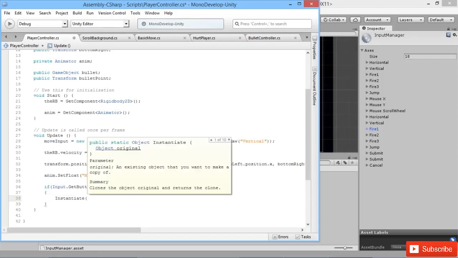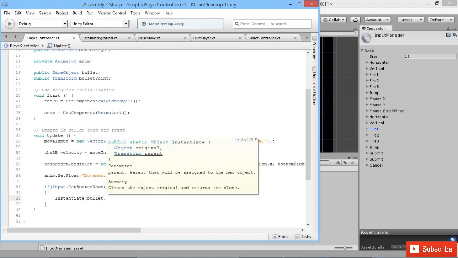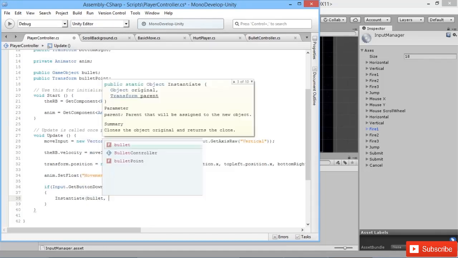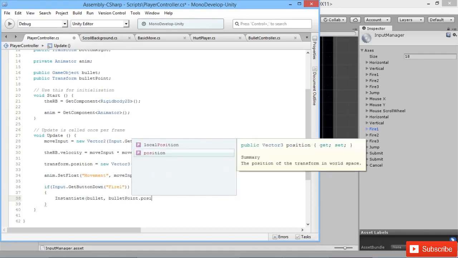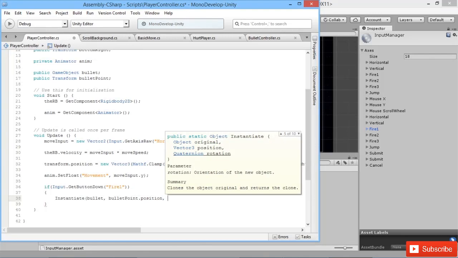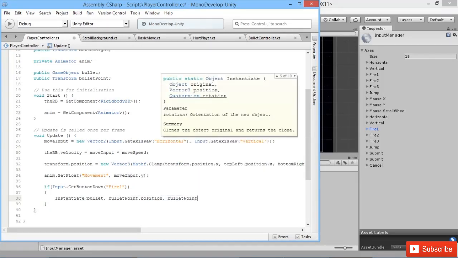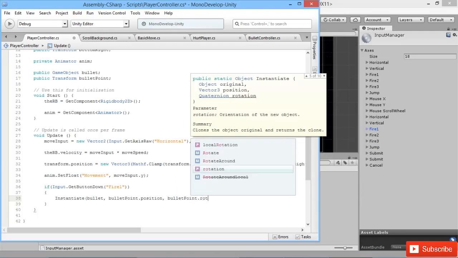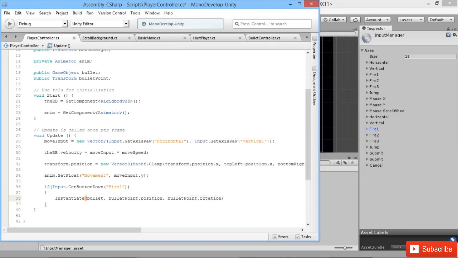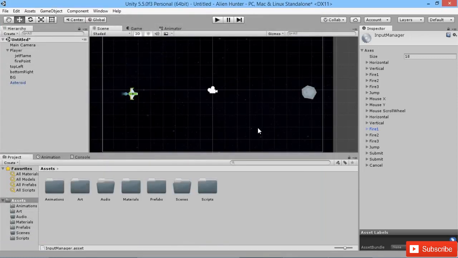and then in a bracket we say the object we want to instantiate, which will be our bullet. We want to say where it'll appear, which will be at our bulletPoint.position. And then we want to say what rotation it will have, and that will be bulletPoint.rotation, like that. Okay, so we'll save this, pop back in here to Unity, and we'll have to, of course, hook